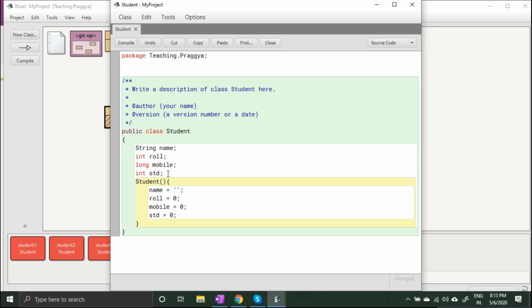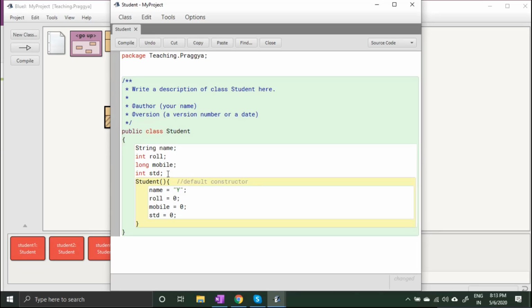So this is called a default constructor. Or, if you want, you can give values here.